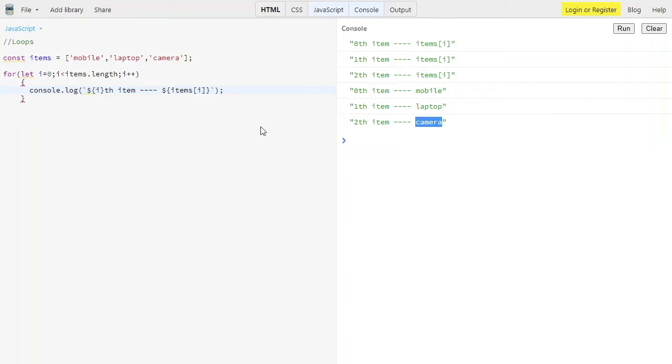And we also have a nested loop. A nested loop is nothing but a loop inside one loop, or an outer loop. That's called a nested array. Let's see it with a very common example.